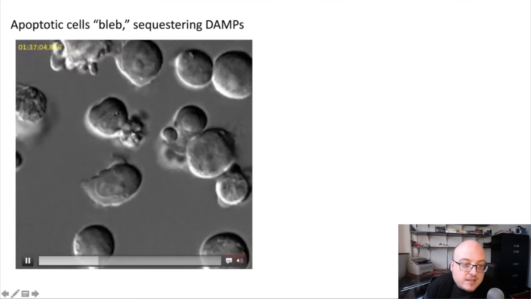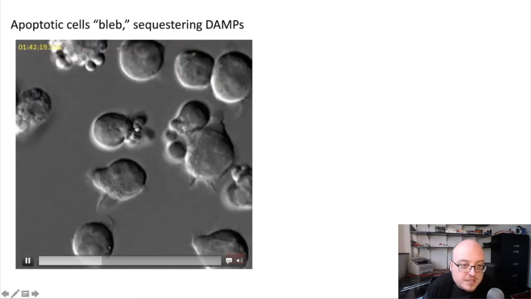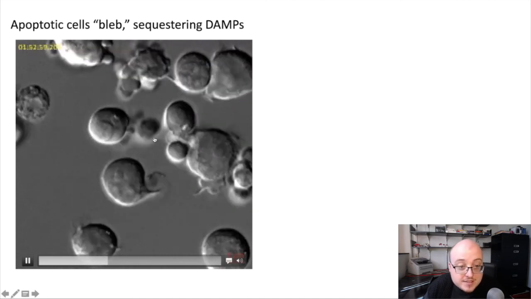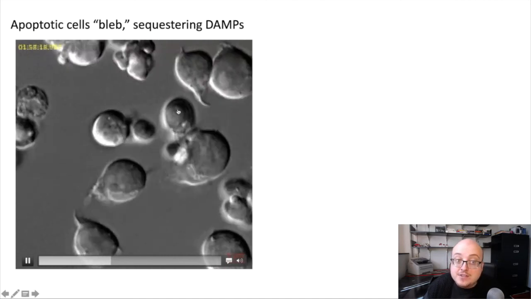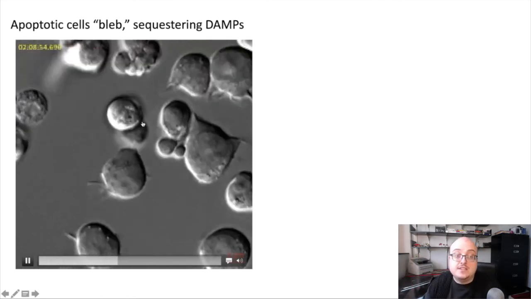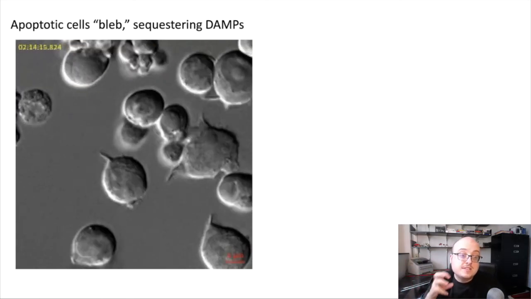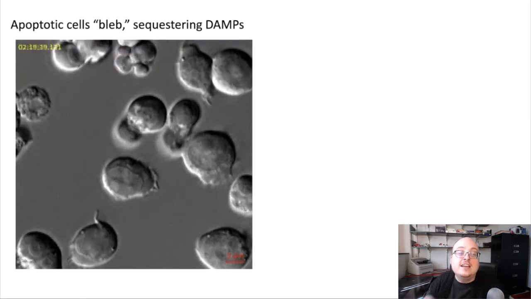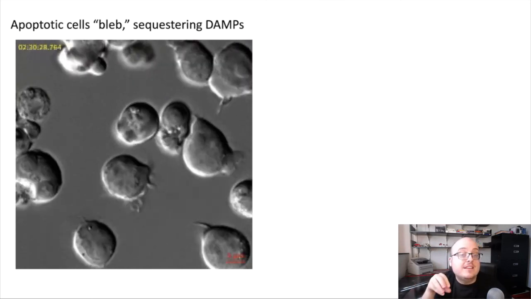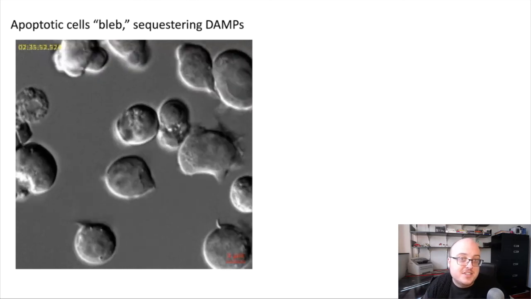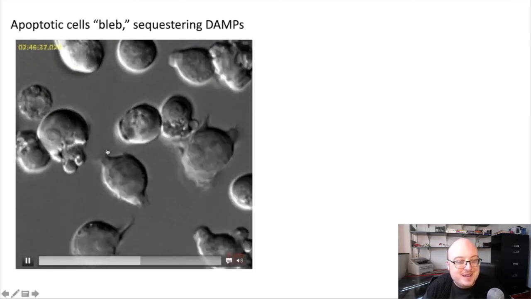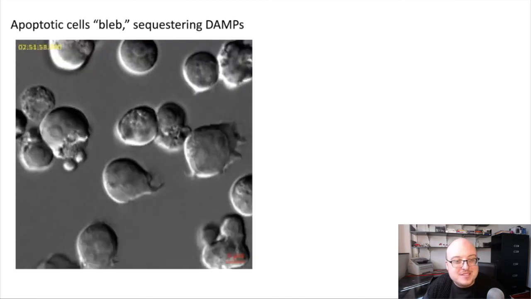And eventually, the cell is going to break down into a whole bunch of really small vesicular apoptotic bodies. But what you can see is that the media is still pretty clear around these cells. Not a lot of stuff is being released or extruded from these cells. These cells are still pretty much self-contained. And if there were macrophages in this culture preparation, they could come in then and eat those apoptotic bodies and digest them. So very, very easy to image this under the microscope, which is nice for our purposes.